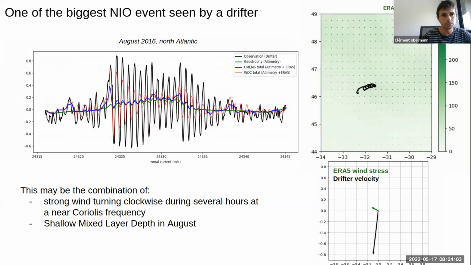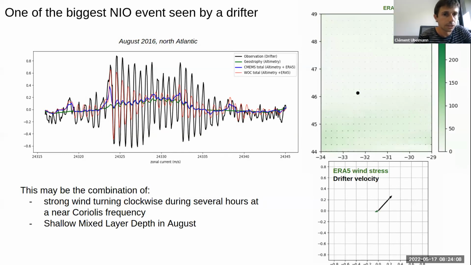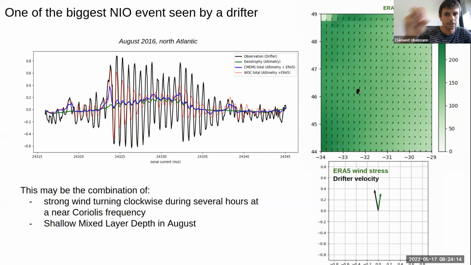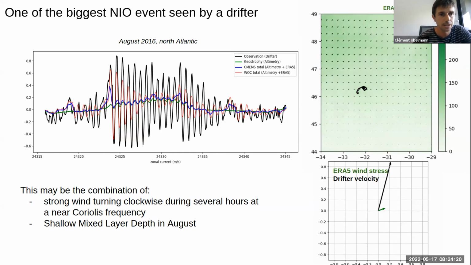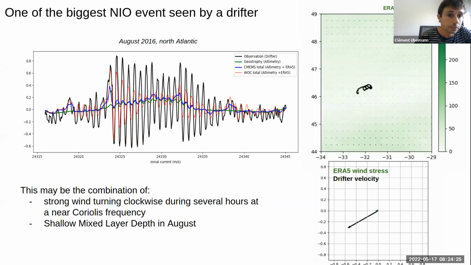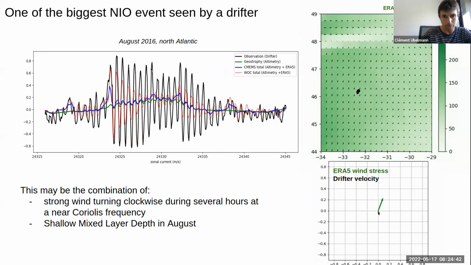Well, it's also nice to look at what was resolved that day from the different estimations. Geostrophy, well, you can see geostrophy has some oscillation. That's actually the Lagrangian effect of the particle moving in the geostrophic field, which is almost steady at this time scale. But since it's moving in the field, we have this sort of small oscillation. We also see this first kick of NIO resolved by the Ekman-only solution in blue. And we have the oscillation that is decently resolved, but with a lot of missing signal, here in red with the total, with the unsteady Ekman, so Ekman plus NIO